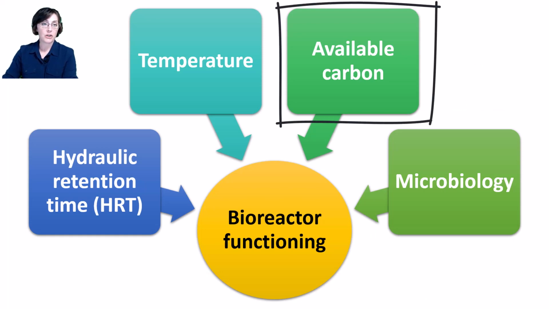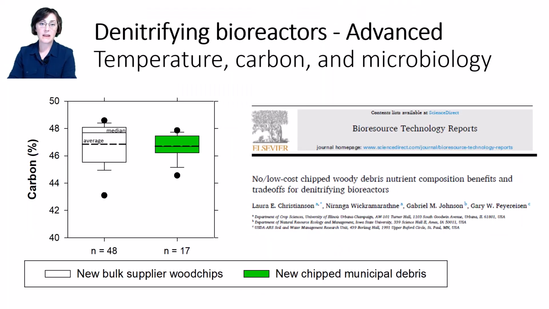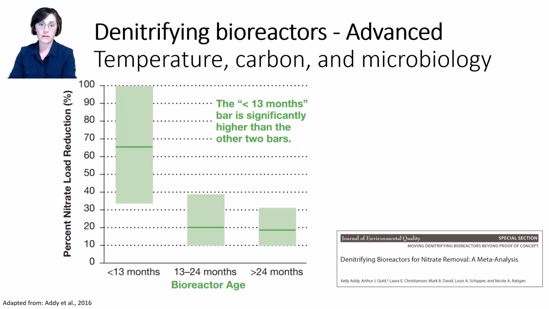Moving from temperature to available carbon, in the Bioreactor Basics module, we discussed that most wood chips have about 46 to 48% total carbon. One of the most apparent ways to observe the importance of carbon is by looking at bioreactor performance during its first year versus following years. That first year always has the best nitrate removal. Even early on in bioreactor research, we realized that all of that easily labile carbon, or carbon that was washing off of the wood chips easily, was fueling higher nitrate removal in that first year after a bioreactor was built.